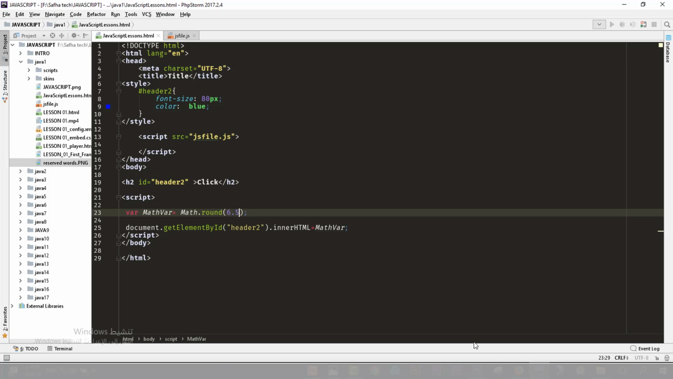For example, if it's 5 or more than 5, it will round it up to 7. Else, it will not do anything. Okay, the second one, which is